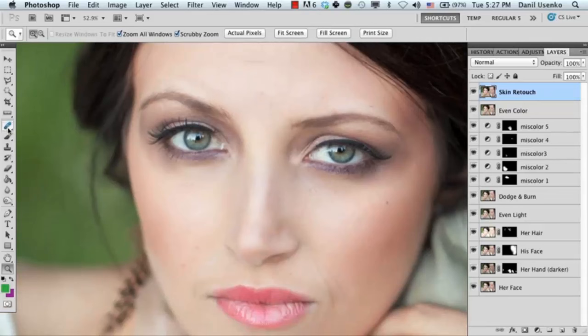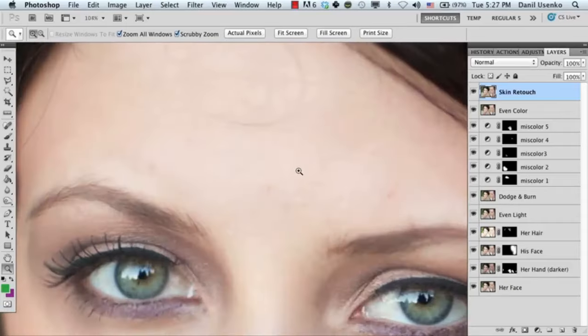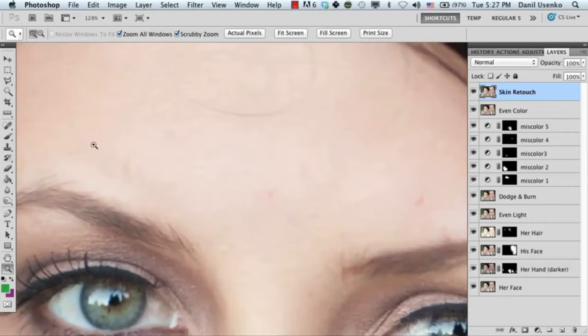One is the spot healing brush. I don't use it, but here's what it does. If you come to a problem area on the skin, like say this right here, if you just click on it once, see it fixes it. See this before and after? It fixes it automatically, basically. Since I don't really like to trust the computer for this, I like to do a little bit more of